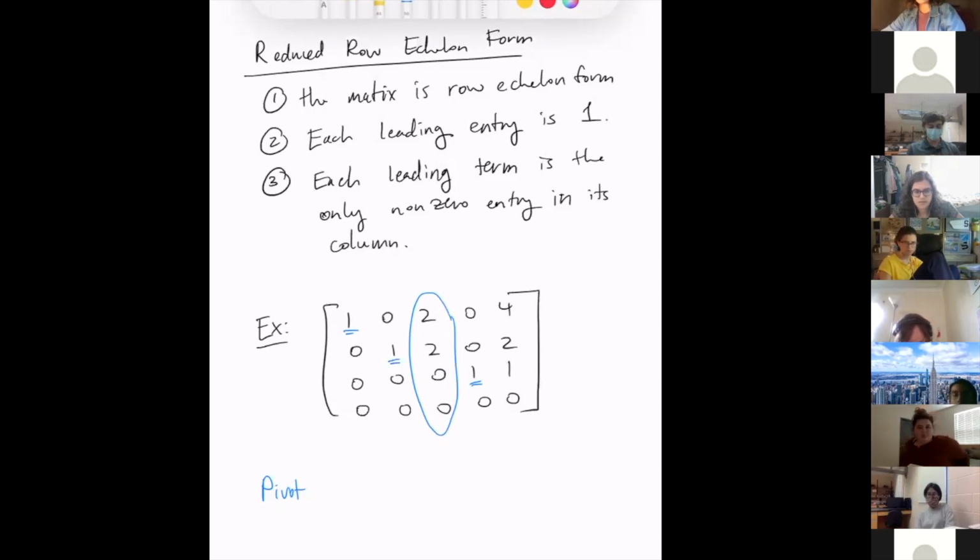Can I ask a question? Yeah, go ahead. So as much as I understood, in the fourth row in here, these are the coefficients, right? So why do we write the 0? Like, why do we write the all 0 row? If it's going to be 0 equals 0 at the end, why do we write it? So you usually won't start out with that, but sometimes when you're doing your